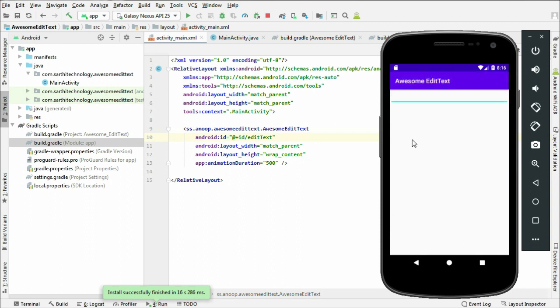Here you can see the application is running, and when we enter any text here it will animate. Okay, so let's see how to use this in Java.